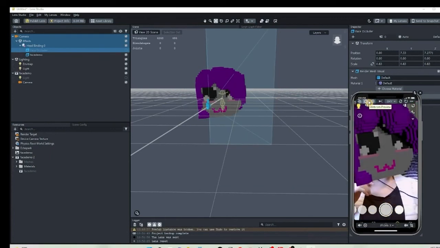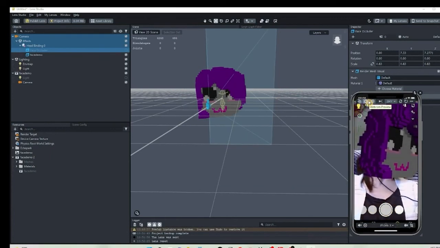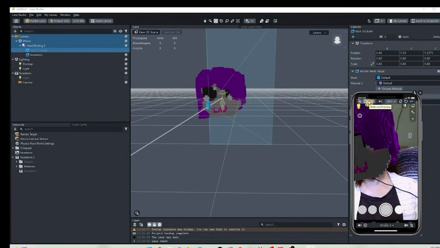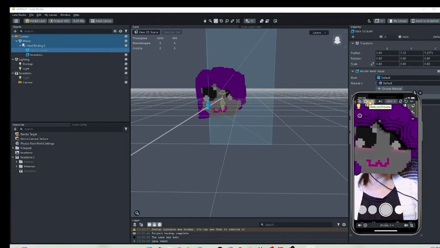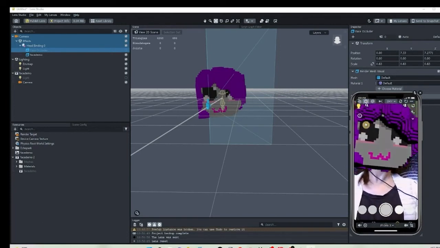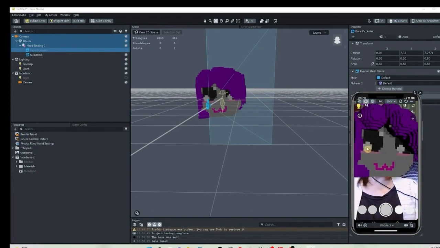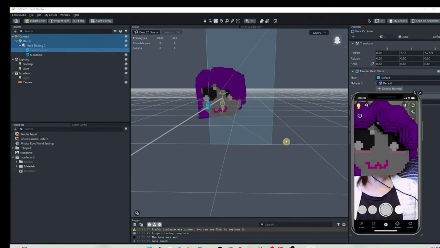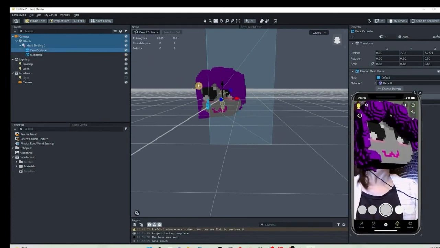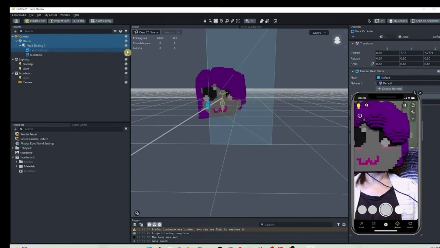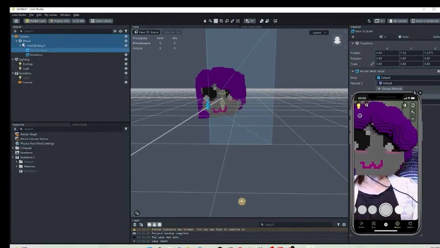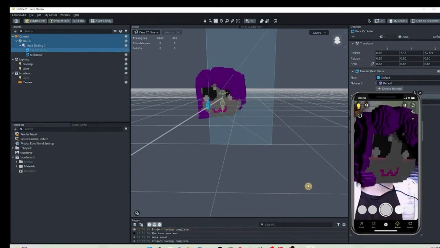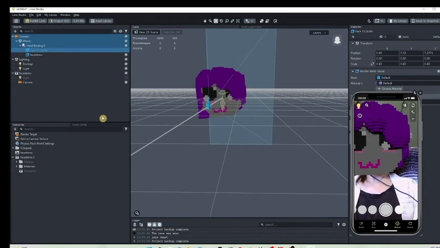Okay, and there we have it. It's on my head. I think it's pretty good. I mean, it is what it is, and you can make a whole bunch of different things, really. If I put the occluder on, no, it's fine. Okay, so once you're happy with your filter, you can go ahead up here to